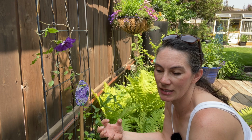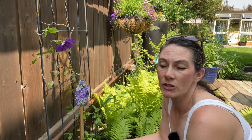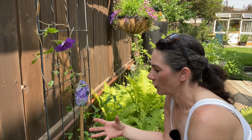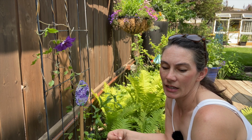So it just stays damp without being puddling water. So that'll be really good for this, and clay soil has a lot of good nutrients in it, so that'll also be good because clematis are very heavy feeders. So I gave it that feed right then to help get its roots established, and I will come in